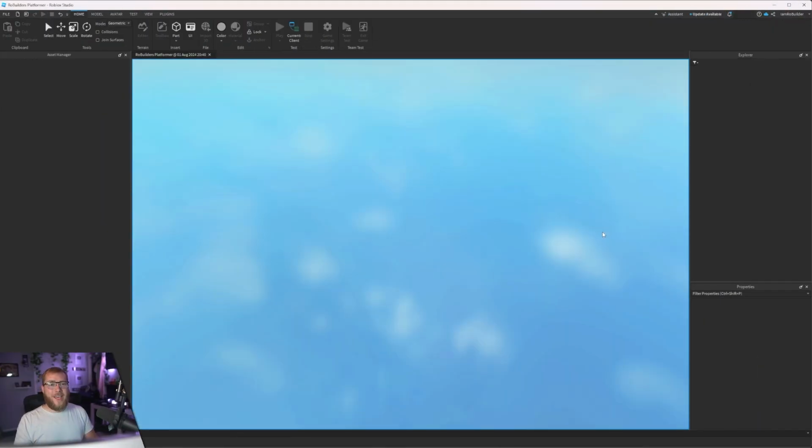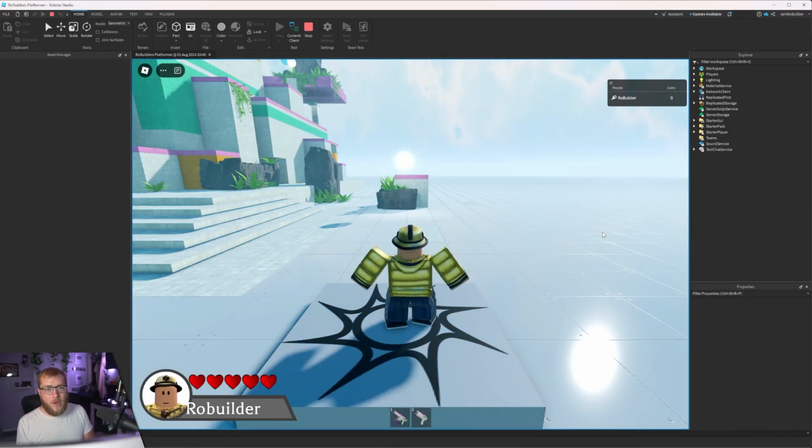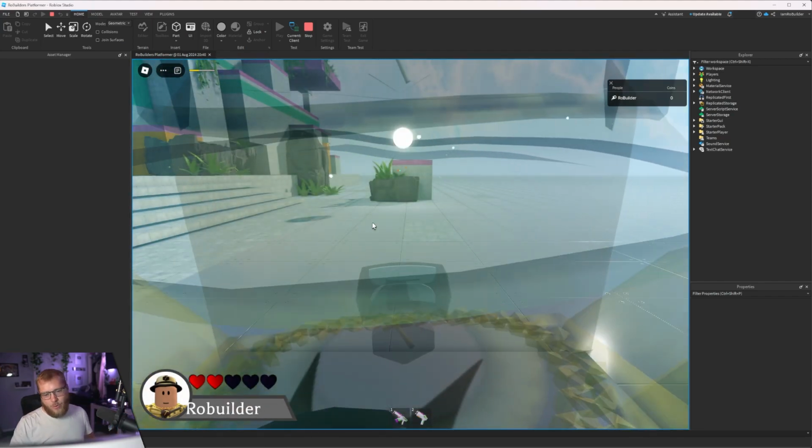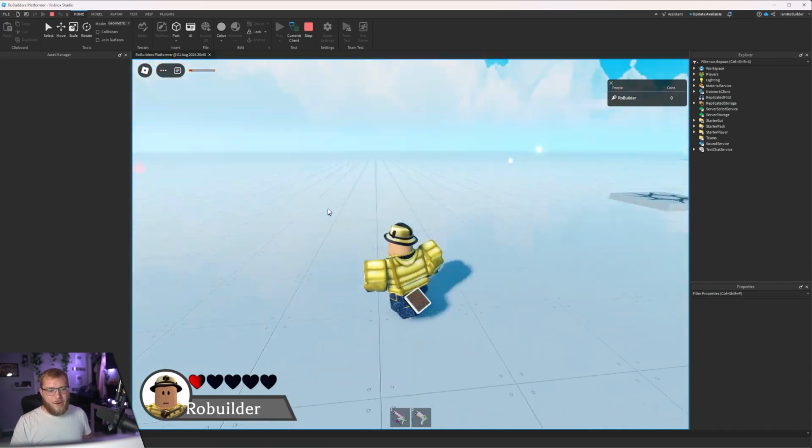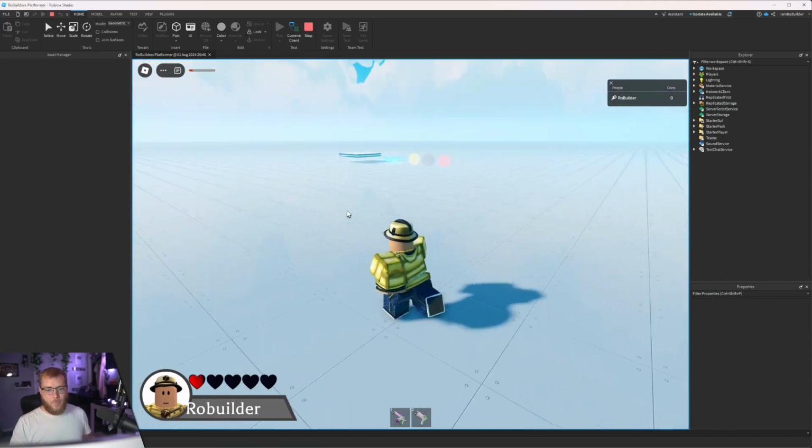Alright, so in the game, we just modeled a coin, which might not have been in the time-lapse because I was talking. But we had a coin, we got that modeled, we have a med kit, and we have a stake.